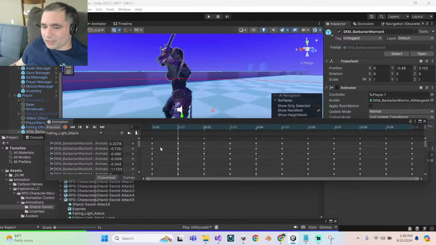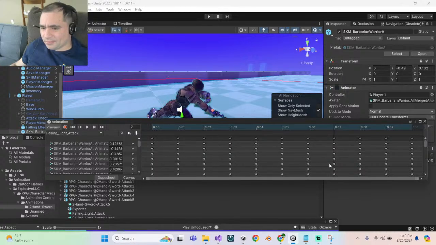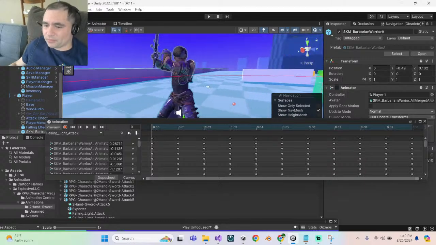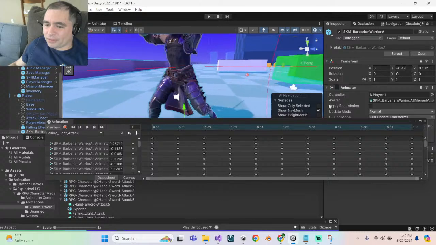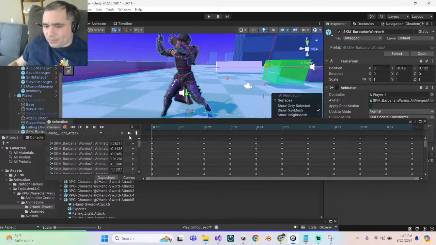I don't know why he's doing that. That's awful. I need a more optimized setup. Like the animations are not built with this skeleton. They're humanoid, so it's trying to retarget, but it doesn't get it right all the time. Anyways,